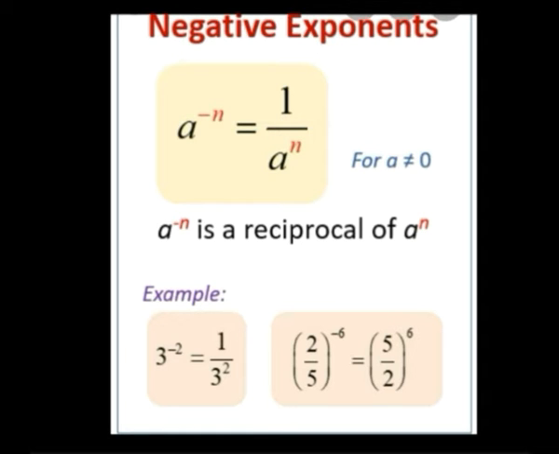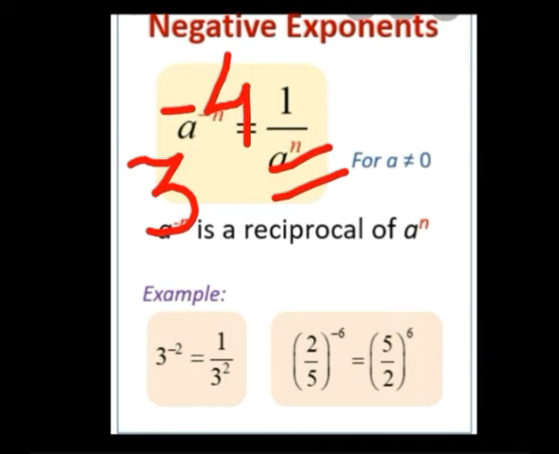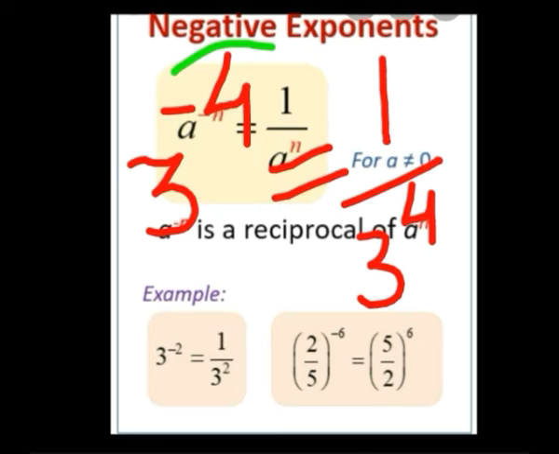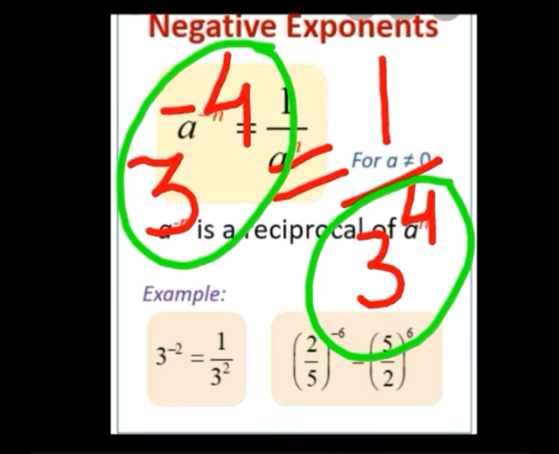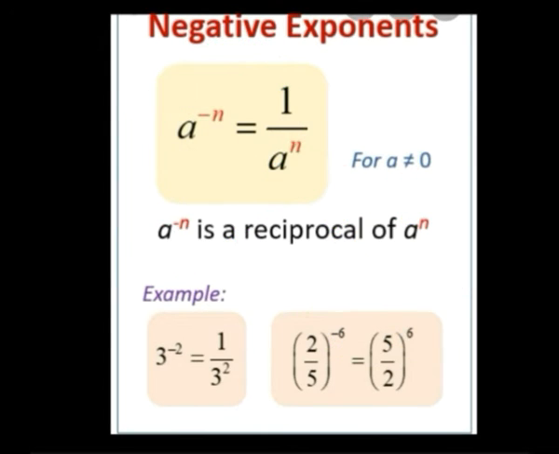Say, I have an exponential number with negative exponent, 3 raised to the power minus 4. Using this law of exponent, how can I convert this negative exponent into positive? I can write it as the reciprocal of its positive exponent. What will be its positive exponent? The positive exponent of 3 to the power minus 4 will be 3 to the power 4. So, 3 to the power minus 4 is written as the reciprocal of 3 to the power 4.